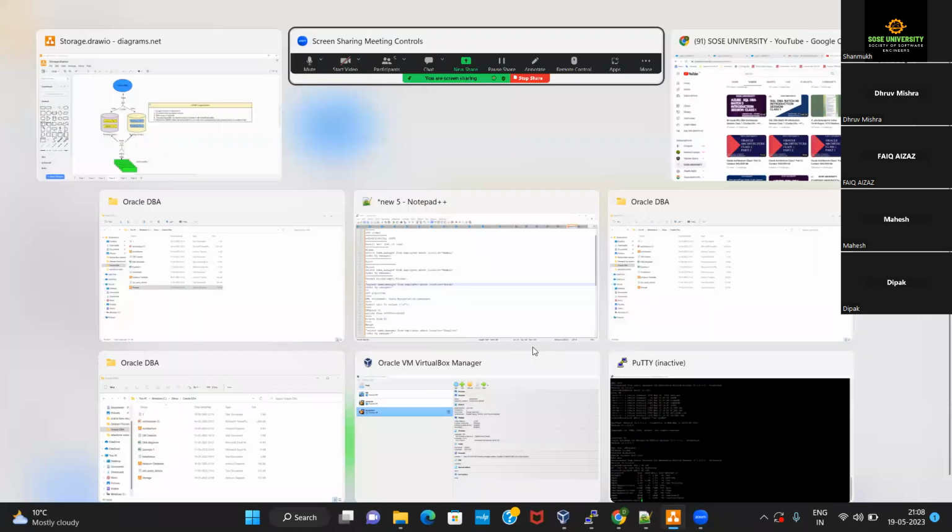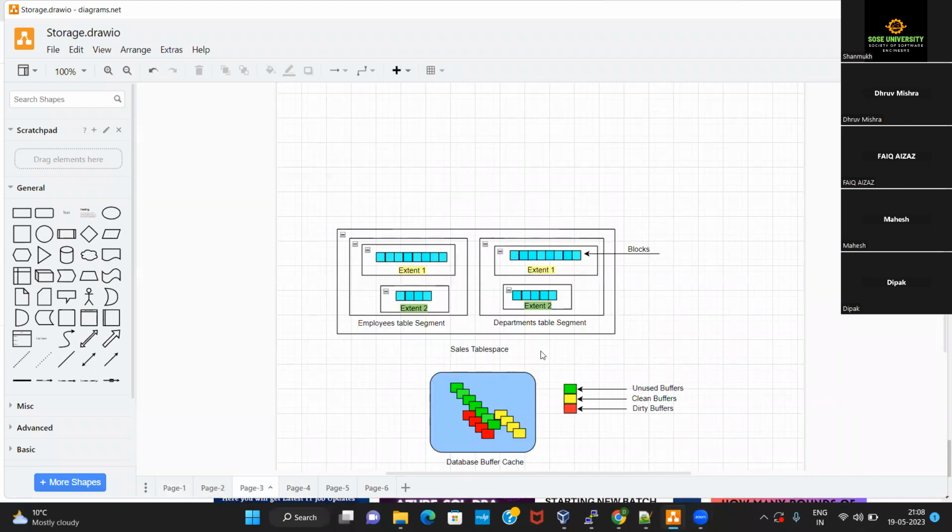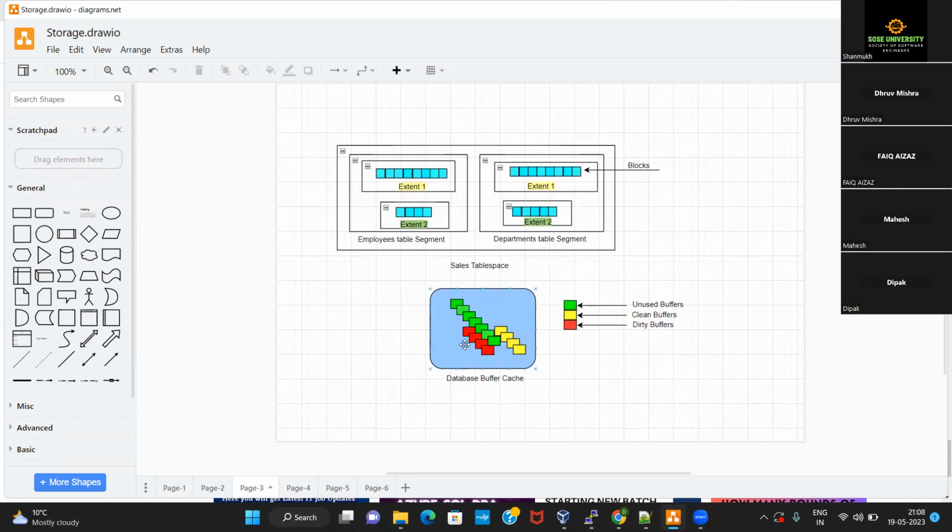Okay. So yesterday we discussed the database buffer cache in pretty much detail, right? We discussed how exactly the blocks are brought into the database buffer cache. We discussed what the different types of blocks or buffers present in the buffer cache are. So we saw something called unused buffers, which are completely empty, right? Then we saw something called clean buffers, which have some or other data present in them, but it can be wiped off, as part of the LRU algorithm.